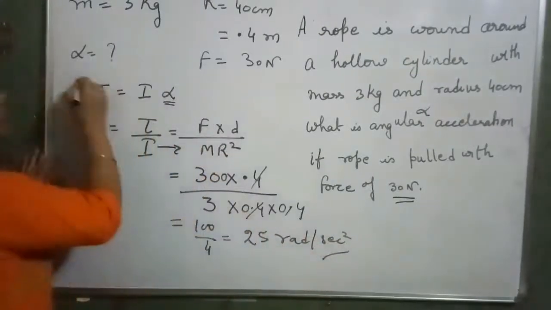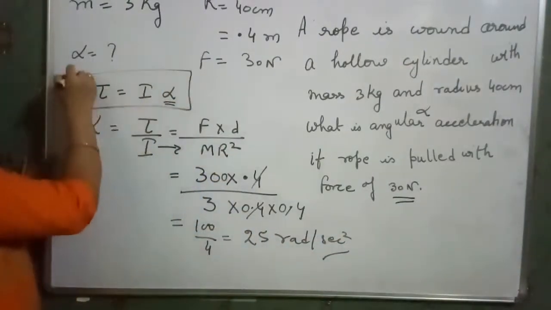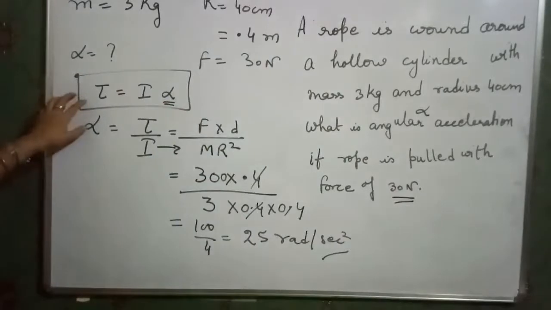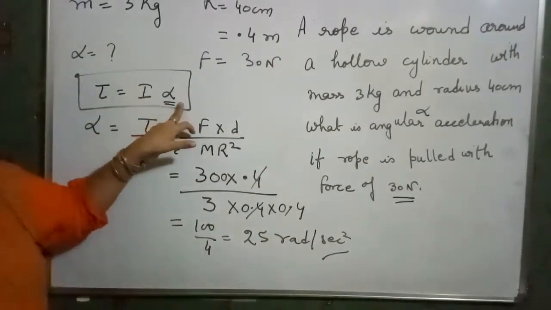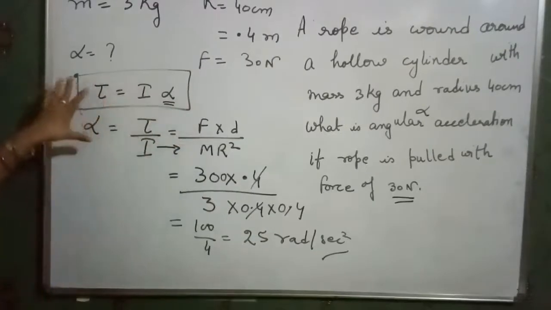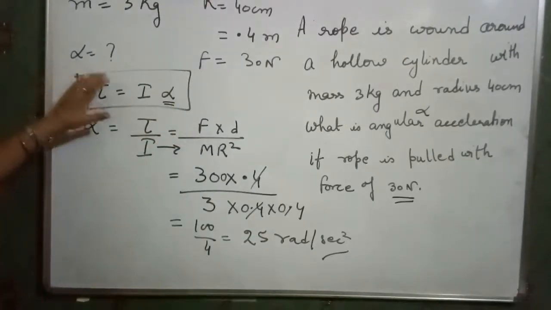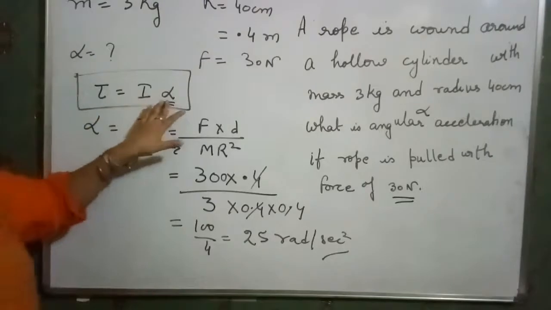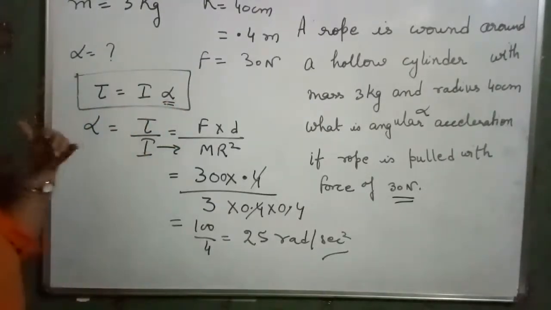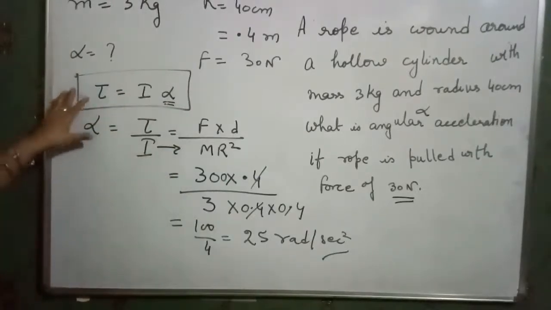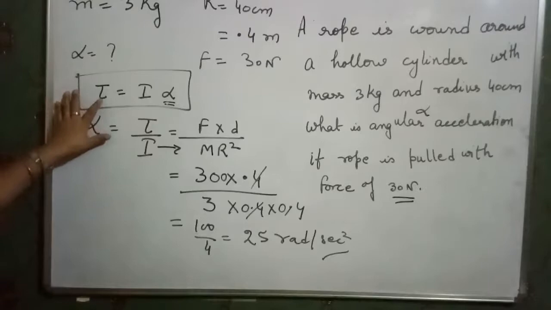So in this way the formula torque is equal to I alpha gives us a relationship between torque, moment of inertia and angular acceleration. Just remember it: torque is equal to the product of moment of inertia and angular acceleration. In the same way I am going to take one more question in order to explain one more formula which gives a relationship of torque with the quantity.